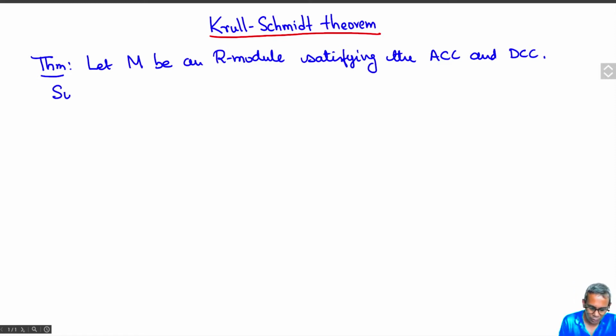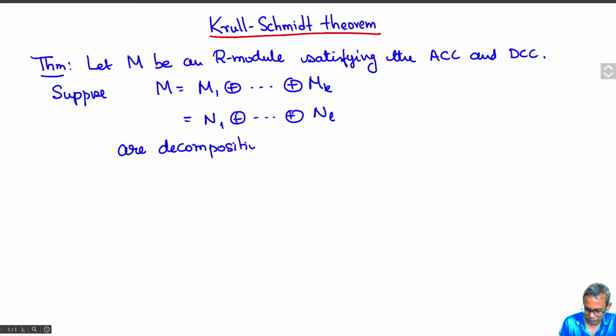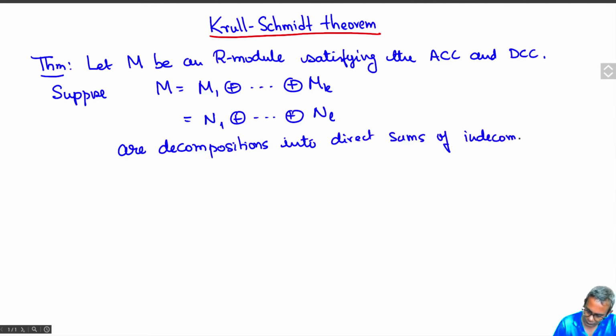Now suppose we have two such decompositions. Suppose M equals M1 direct sum through MK, and N1 direct sum through NL, are decompositions of M into direct sums of indecomposable submodules, then